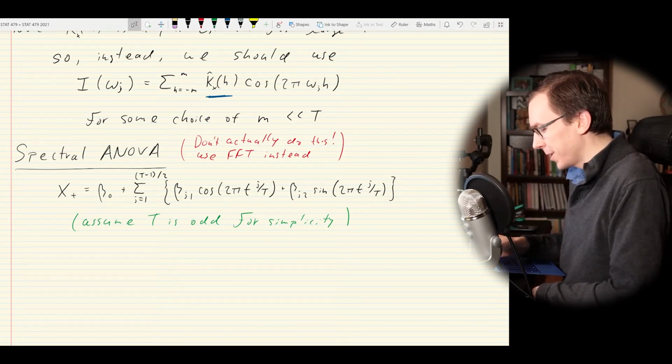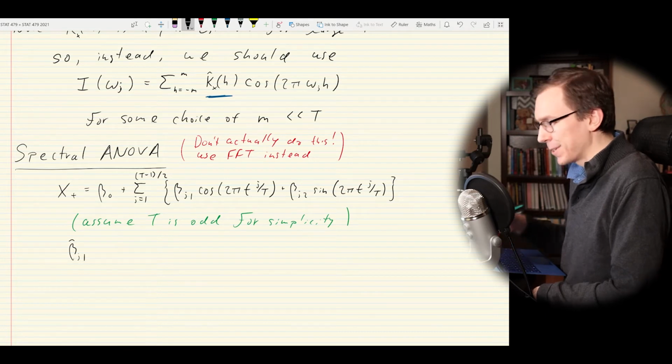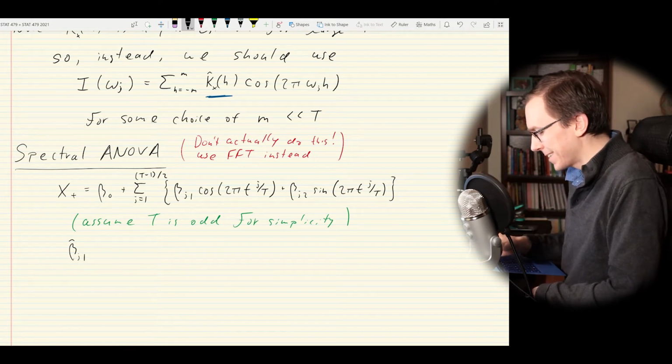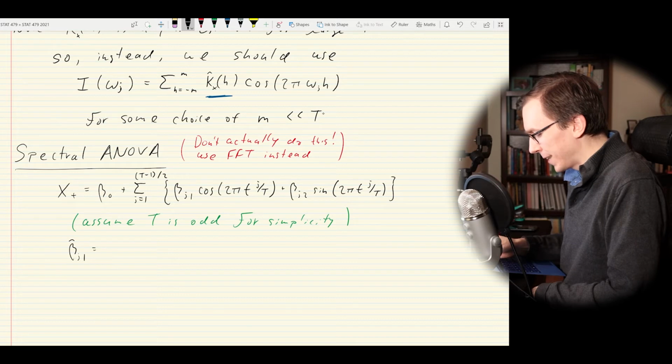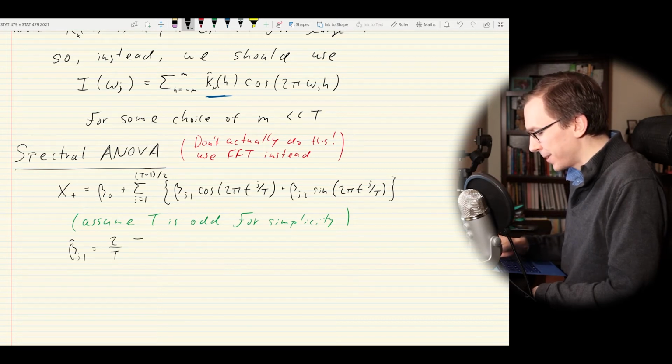Anyway, 2 lectures ago, what we saw was that we can actually estimate the beta parameters here using least squares regression. Again, we don't actually want to do that in practice because if T is big, we'd be solving some giant system of equations. That would be very sad for a computer to do. Instead, we could use an FFT. But